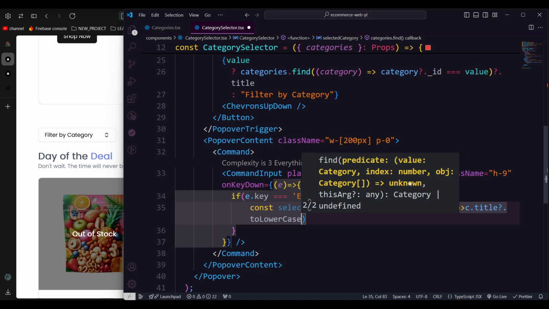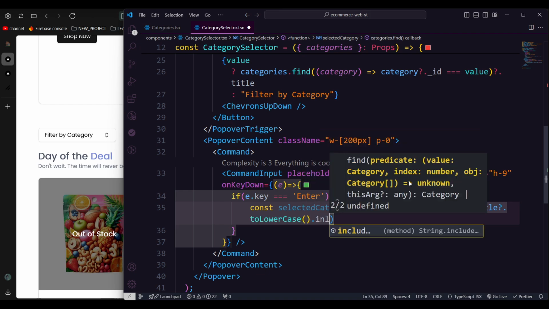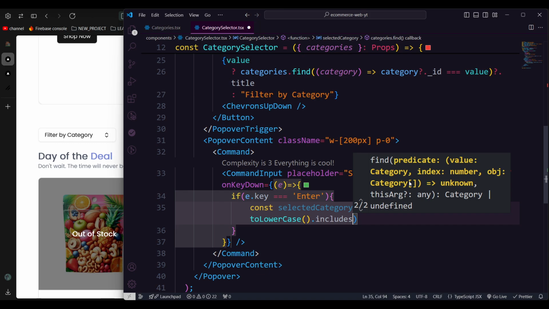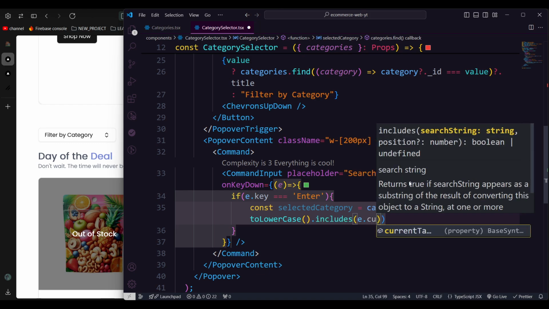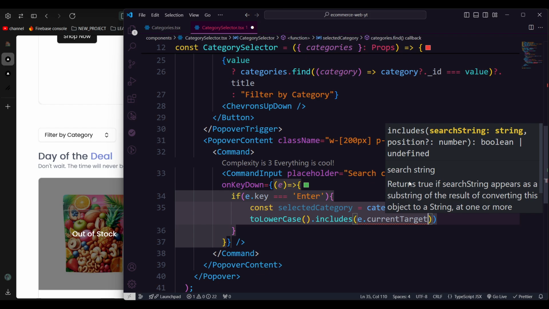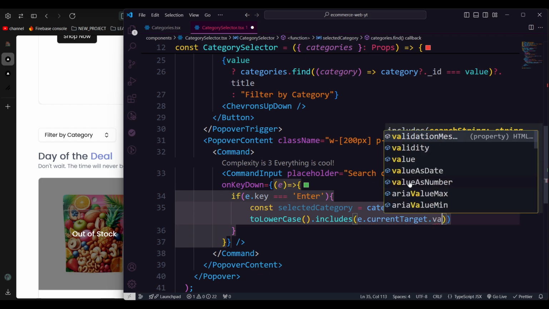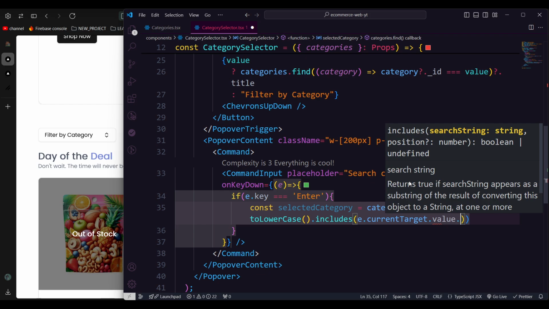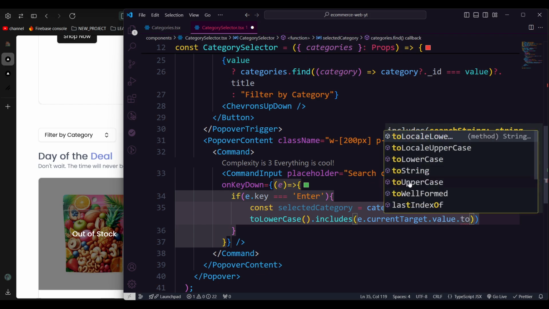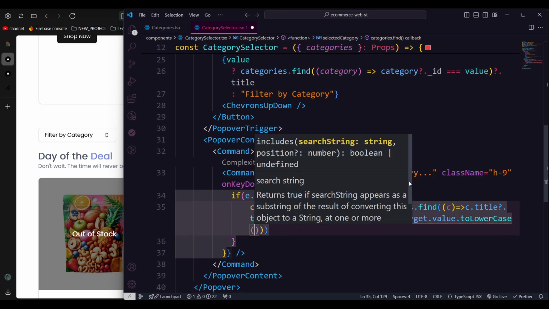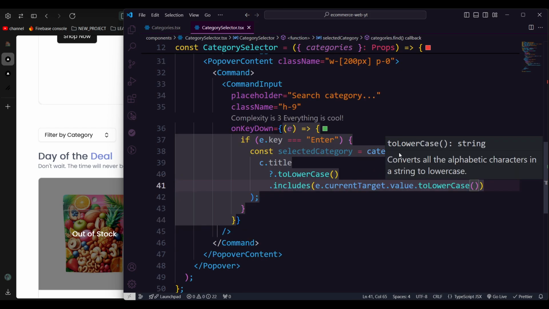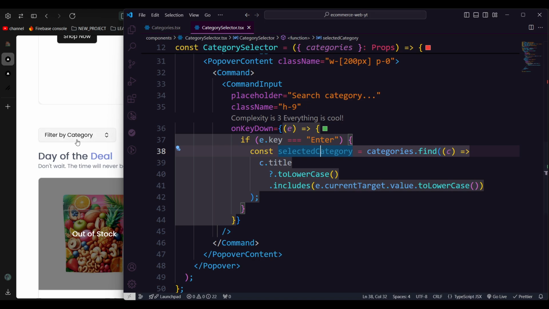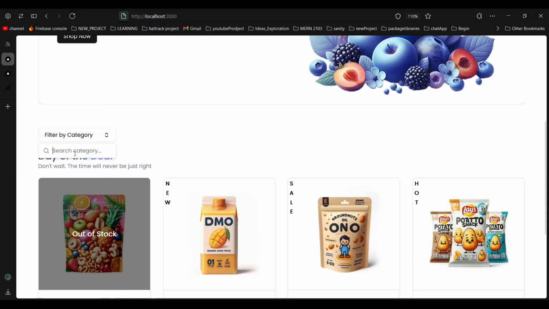And after making that lowercase we need to match it, like includes, if that includes e.currentTarget.value. We pass the value and then toLowerCase. So whatever we type, we match it with the category value, right? That should be selected. If we search something, it will check whatever categories we have injected there,